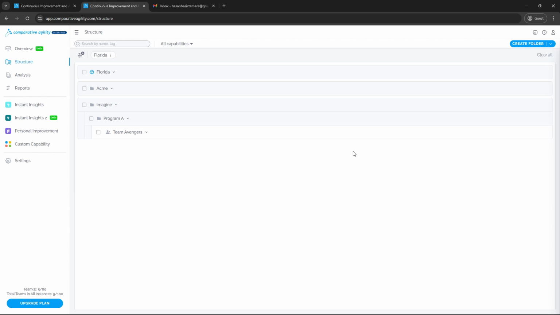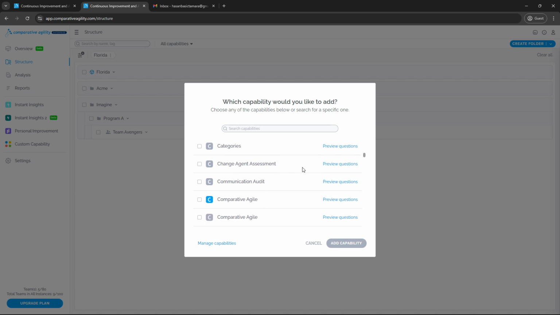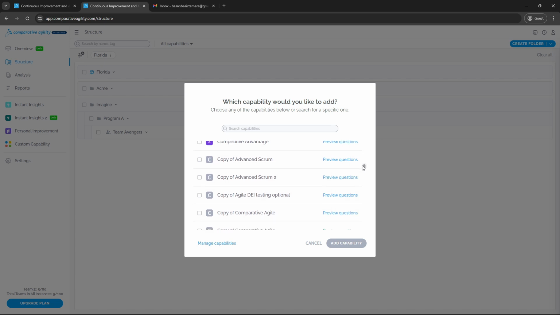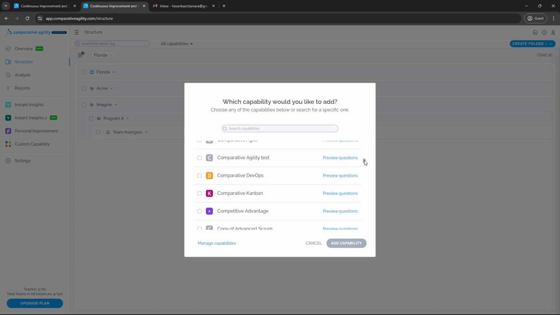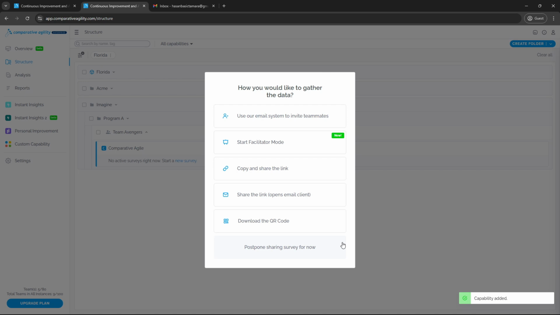out surveys. We will navigate to the team and click on this Add Capability button. And what Comparative Agility is famous for is that we have lots of really great surveys, and those surveys have 2 things in common. Number 1, they're created by domain experts, and number 2, they are validated by data scientists. I will proceed with Comparative Agile, which is our flagship survey, and click on Add Capability, and options for sharing